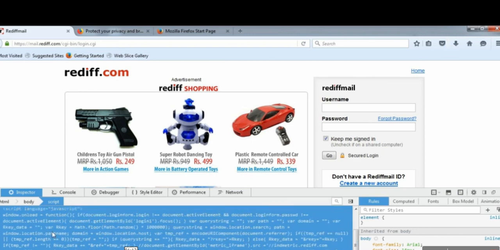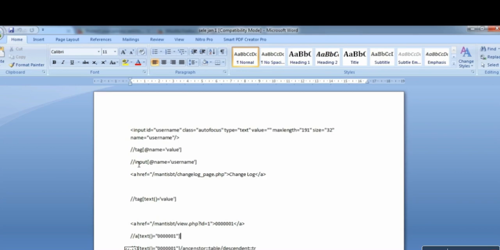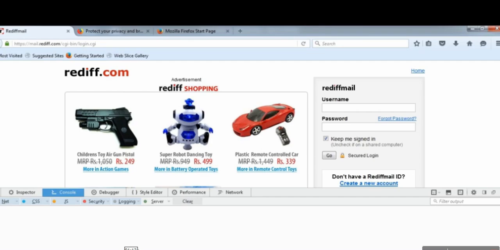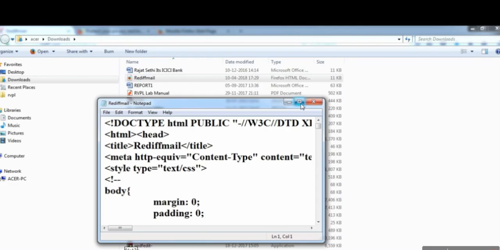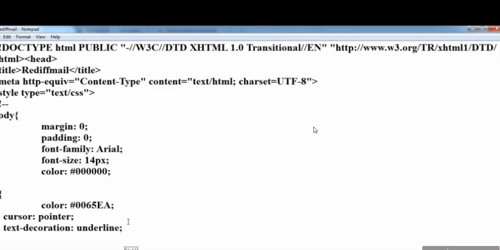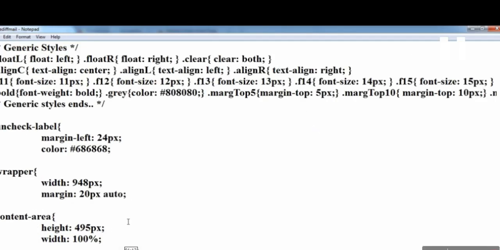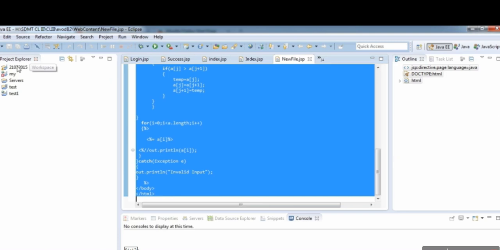I have saved this Rediff login page and opened it with Notepad. When we open this in Notepad, we will see the details, the code that is used for this HTML page, and the styles that are applied for this page. Specifically, I want to locate the username and the password elements, and I want to pass the